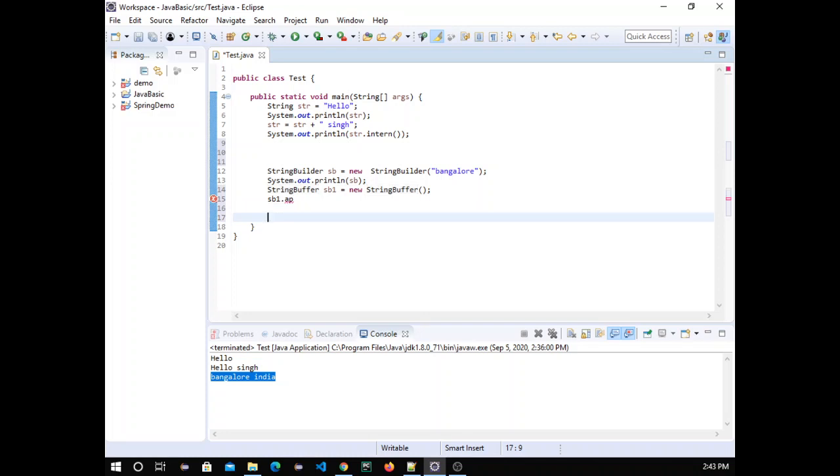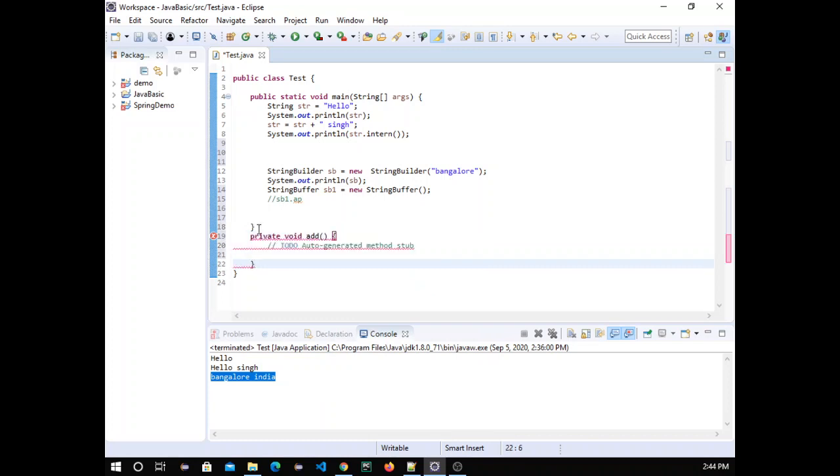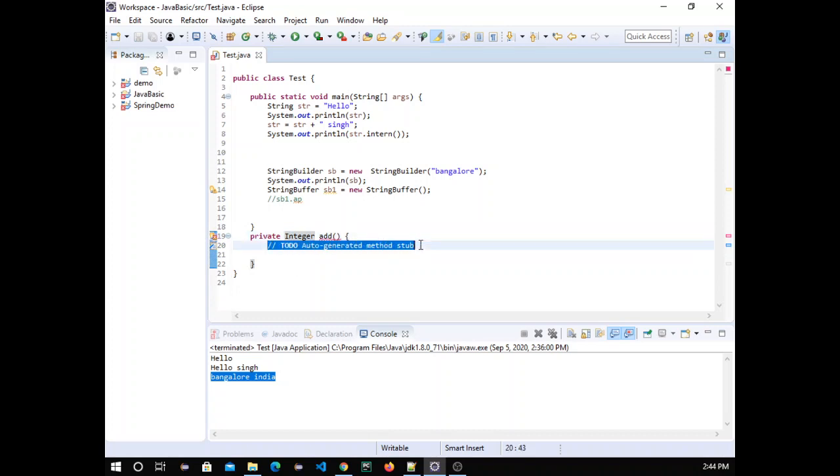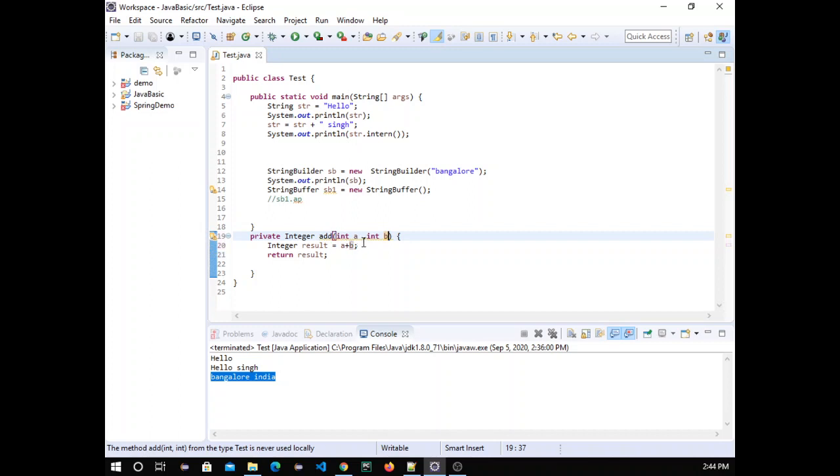So how is it actually implemented? Suppose we want to add two variables, so int... Yeah, so it will accept two parameters, add both parameters and then return.